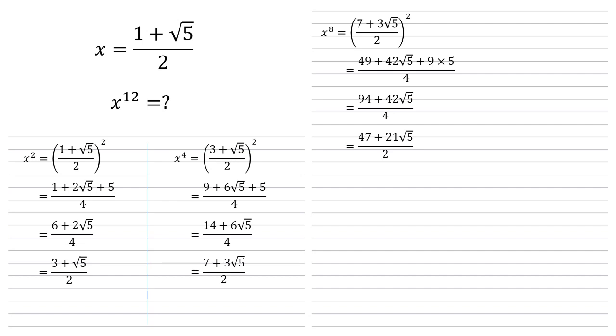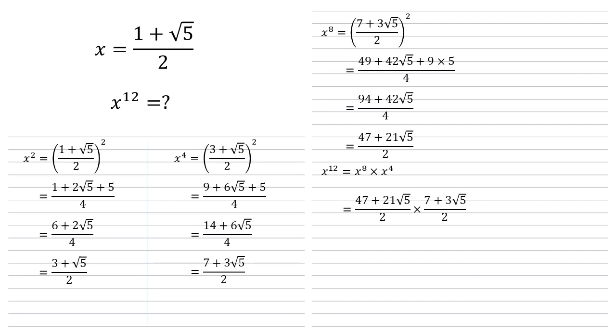Now that we've got x to the power of 4 and x to the power of 8, we can use our laws of indices to get x to the power of 12. So the laws of indices say that if you multiply two powers together with the same base, so the x in this case, then you add those powers together. So x to the 8 times by x to the 4 is going to equal x to the 8 plus 4, which is the 12 that we need. So we're going to multiply our 47 plus 21 root 5 over 2 by our 7 plus 3 root 5